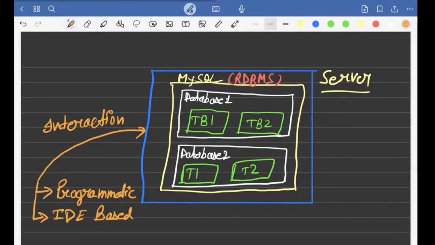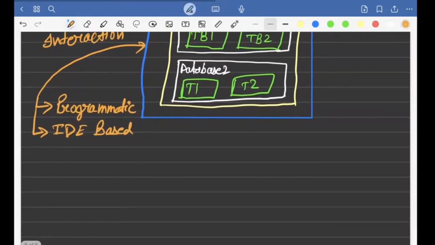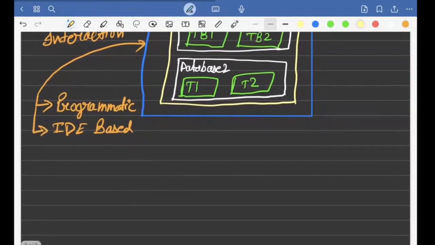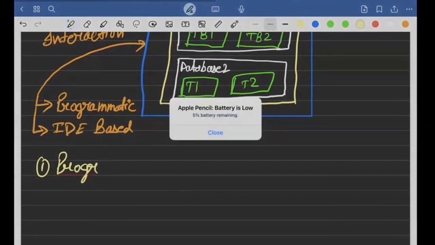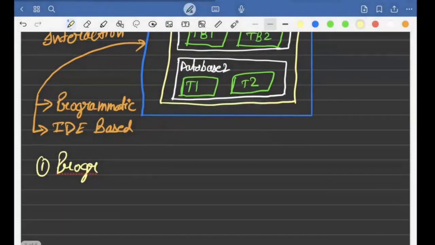So here it will have some sort of credentials, right? Whenever you want to connect with any machine or even anything, what you need is the login username and the password for that one. So programmatic. So what you can do for the programmatic part, right? So programmatic here means